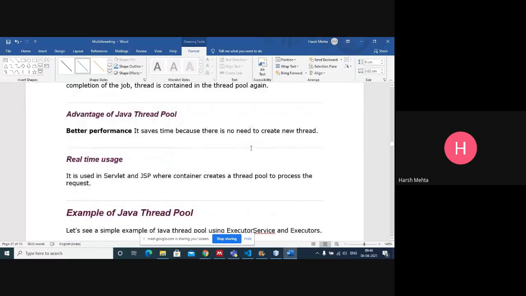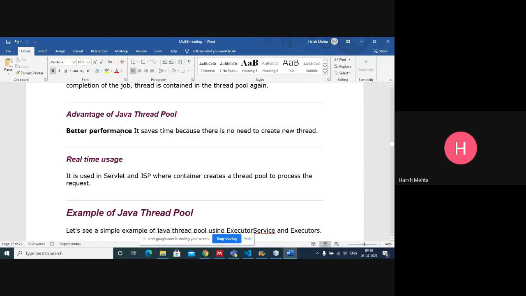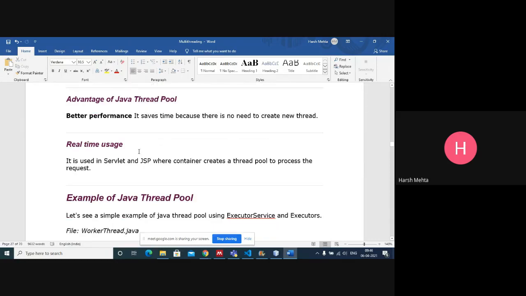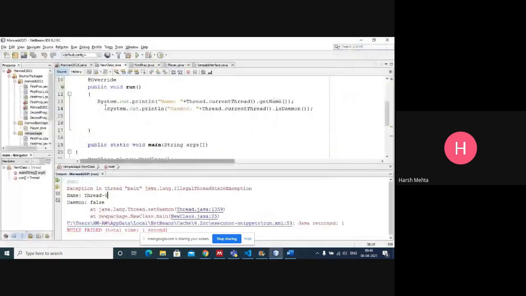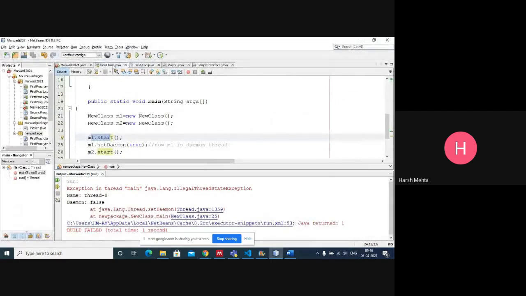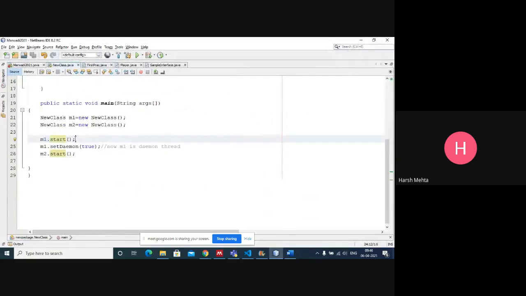What are the advantages of a Java thread pool? Better performance. It saves time because there is no need to create a new thread. Every time we are creating a new thread here, you might be asking, sir, how come we are creating a thread?